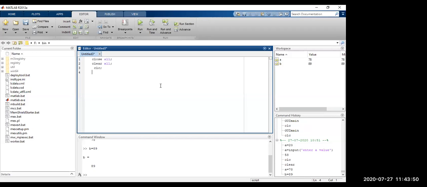I'm taking A equal to 67, B equal to 89, and C equal to A plus B. Then I'm writing disp of C. I'll explain these programming concepts. Don't worry, but I want to let you know how to create an M file and how to save it. Once you have finished writing your code,